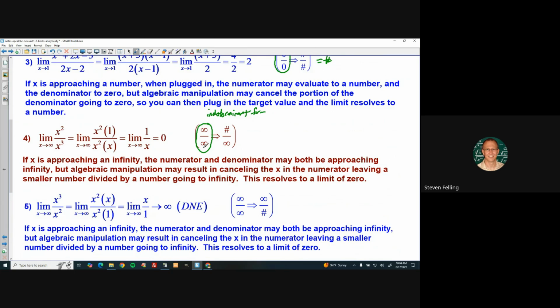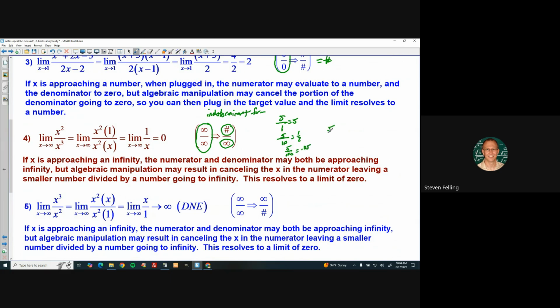So if you get infinities instead of a 0 in the denominator, you can also try factoring. So if I factor an x squared out of the top and the bottom and cancel that, this is algebraically equivalent to 1 over x. And that means it simplifies to a number divided by something which is going to infinity, right? And if that's true, if you have a number like, let's say 5 divided by 1, that's 5, right? But 5 divided by 10 is a half. 5 divided by 100 is like